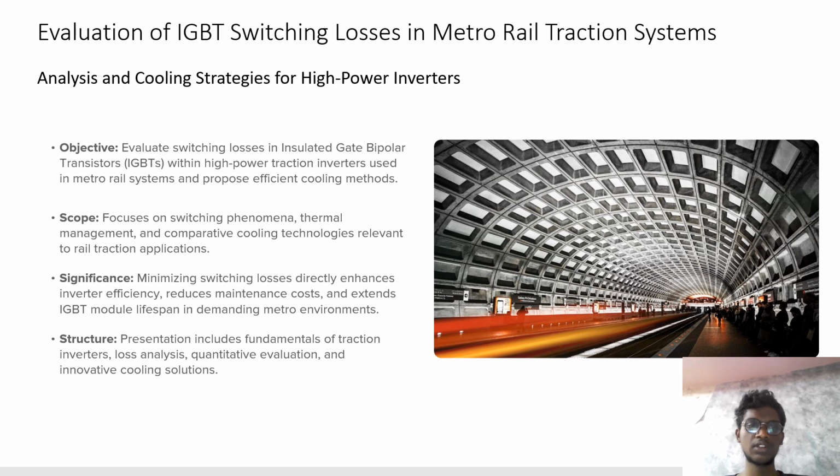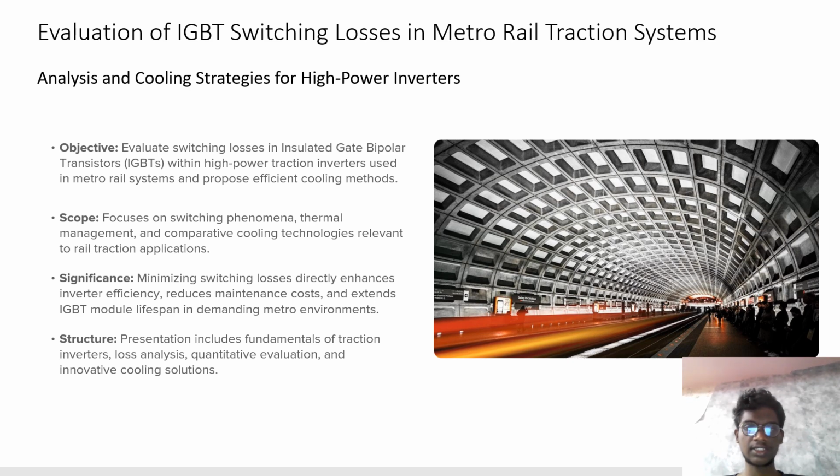Objective, scope, significance, structure. Objective: evaluate switching losses in insulated gate bipolar transistors (IGBTs) within high power traction inverters used in metro rail systems and propose efficient cooling methods. Scope: focus on switching phenomena, thermal management, and comparative cooling technologies relevant to rail traction applications. Significance: